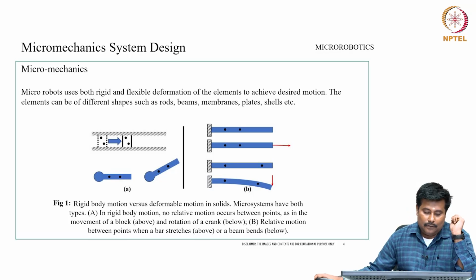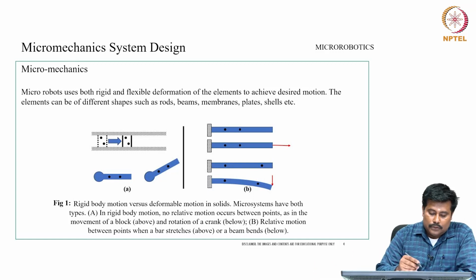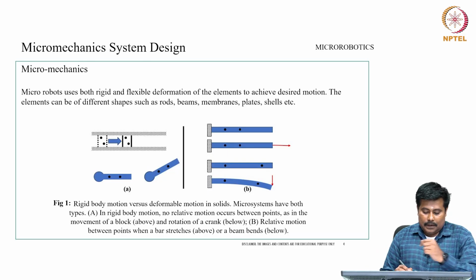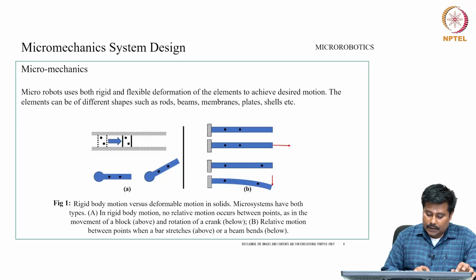rigid and flexible deformation. So when micro robots use both rigid and flexible deformation of the element to achieve a desired motion, the element can be of different shapes such as rod, beam, membrane, plate, shells, etc. Now, as far as this particular case is concerned, a rigid motion versus deformable motion in solids, microsystems